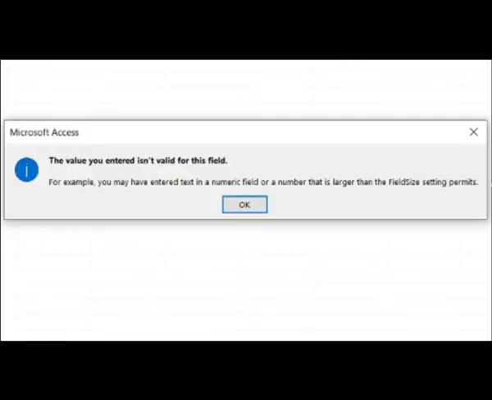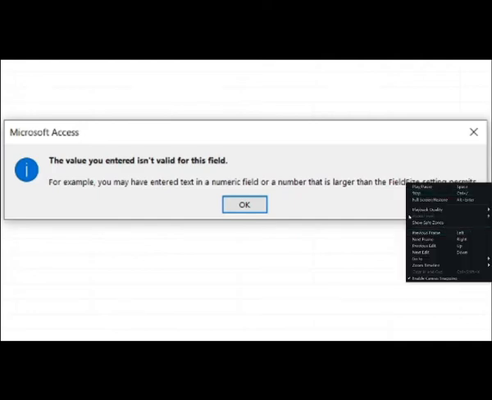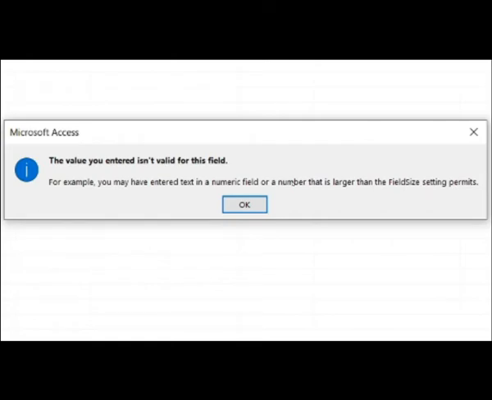Can you see? It is not going to allow us to move to the next column because, read, the value you have entered isn't valid for this field. That means, see here, if you read the next line you will understand: enter text in a numeric field or a number that is larger than the field size.